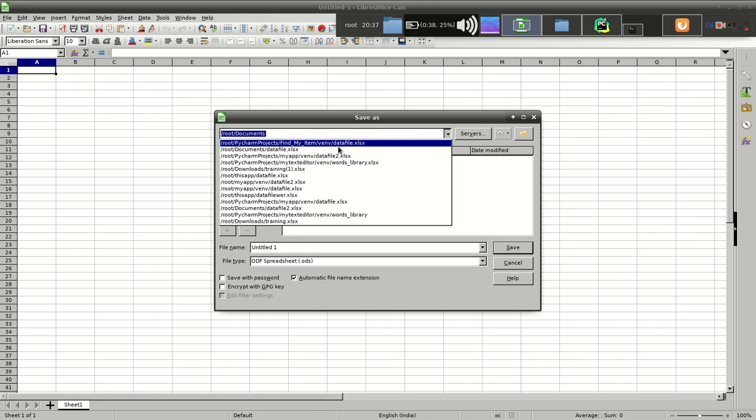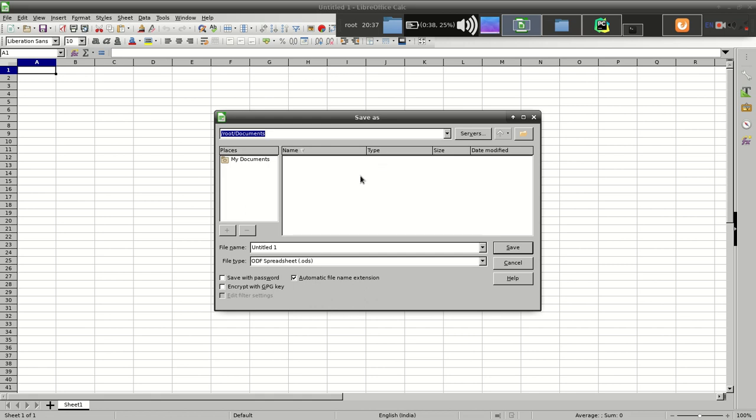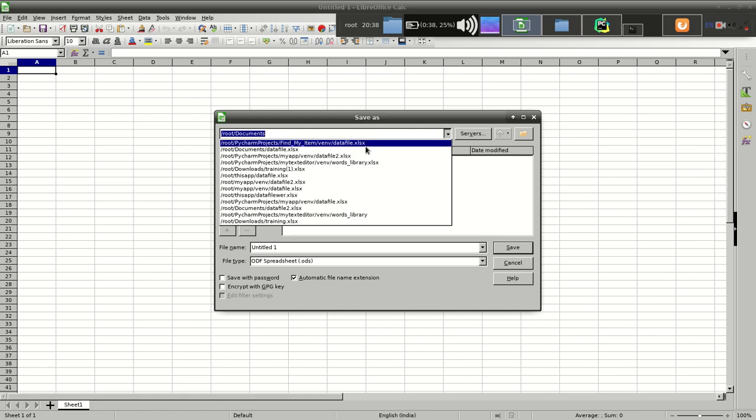Yep, definitely PyCharm projects, but not this directory. Not this one, it is my text editor.